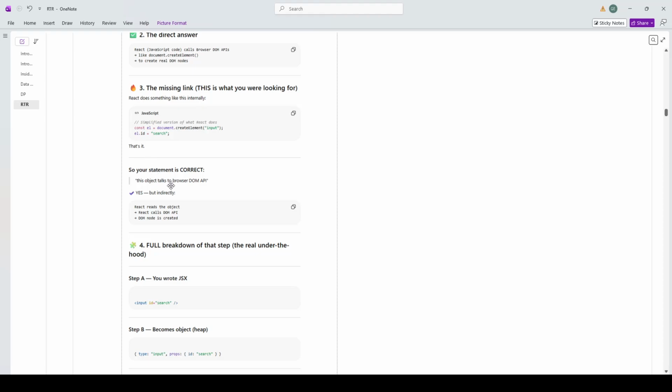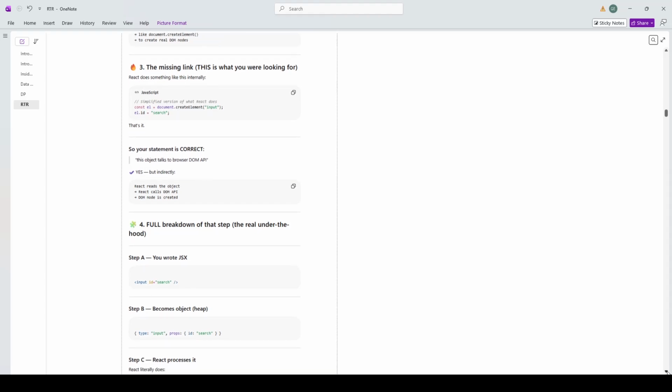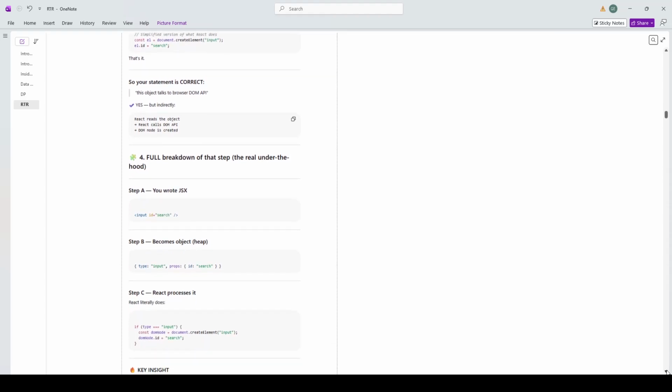So that's it. So your statement is correct. This object talks to the browser DOM API. Yes, but indirectly: React reads the object, React calls the DOM API, and the DOM node is created. So this JavaScript with JSX or HTML is actually being read by React. So think about this like what we have discussed with